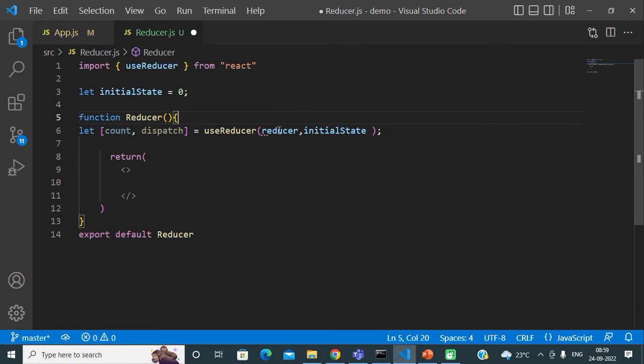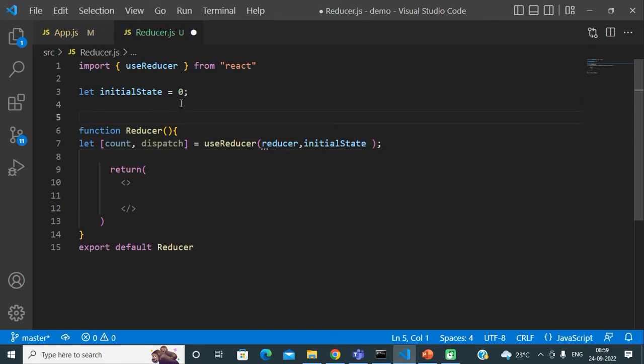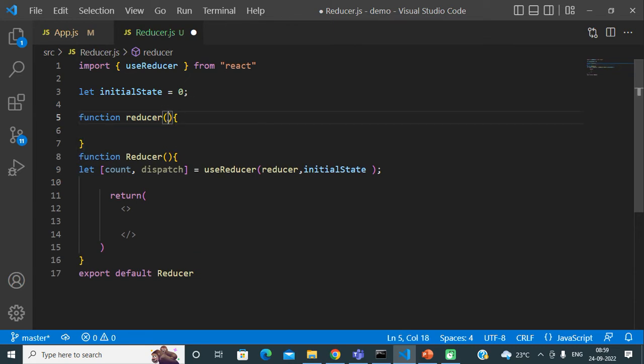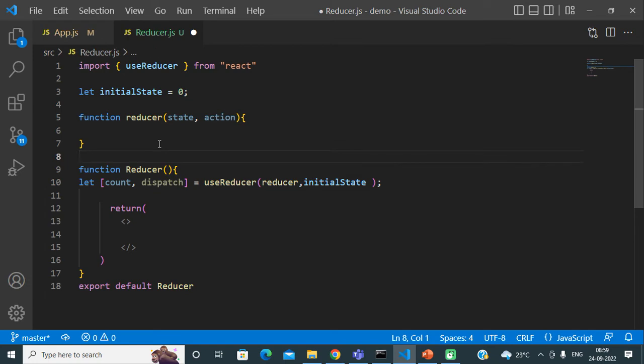After that, we have passed this reducer function here, so we need to define it. Reducer is just a normal function which again takes two parameters, one is state and another one is action. In this reducer function we create our different actions.